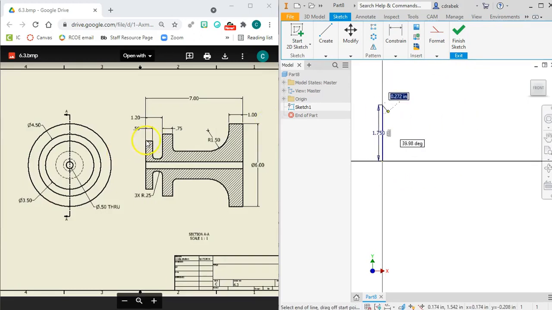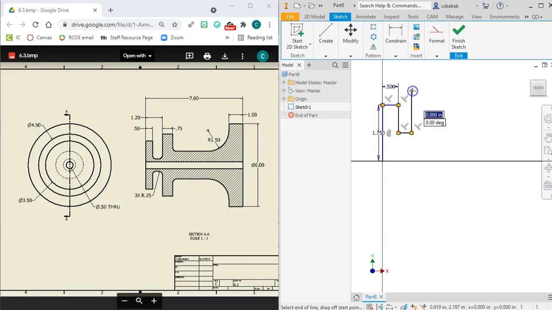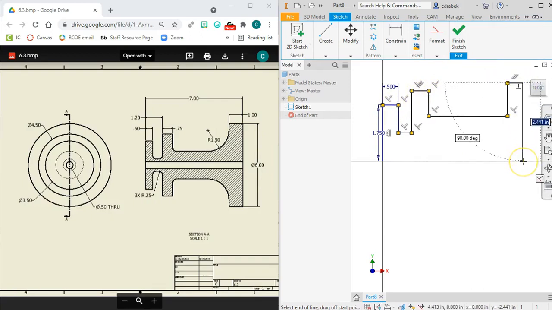Okay, I want to come around, which is 0.5 to go level, 0.5. And then I want to come back down, come over and come up. So one thing you can do is let's go ahead and just get our shape in here and we can add these great dimensions. Can you do it as you're going? Absolutely. It's important when you're doing this, make sure you're not accidentally lining up with the other parts that you've drawn so far, because that will definitely make your life difficult. And then I'm going to go ahead and come across